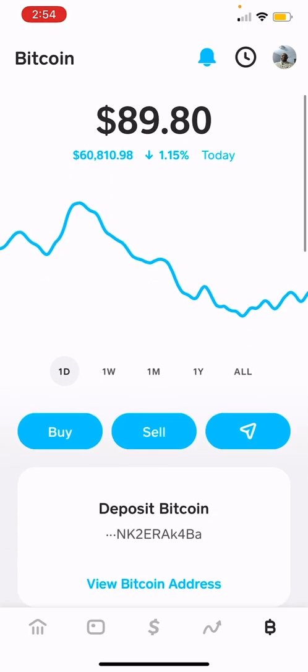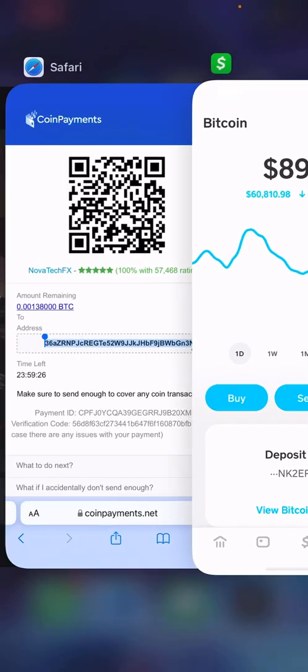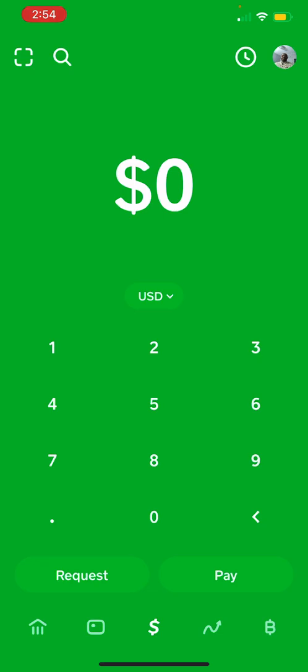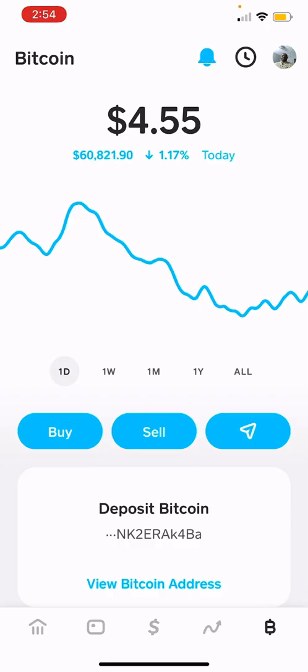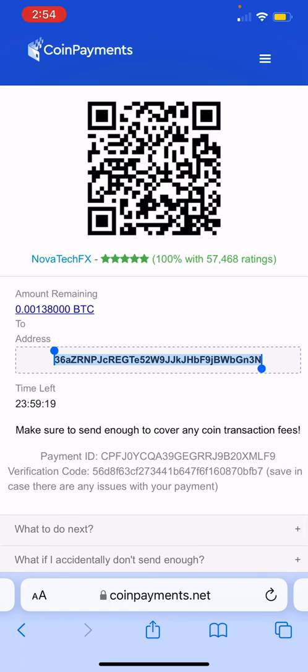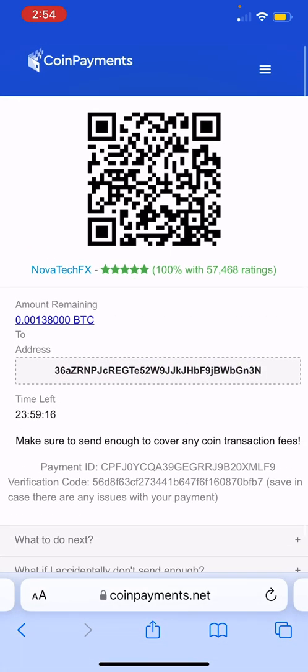It's still showing up here, but don't worry. By the time I swipe and come back out, it'll be gone. For example, watch. All right, Bitcoin. See, it's gone. So once that is sent, you're going to receive a text message from Cash App saying that you made a transaction and it will be sent. And once it's complete, you'll see it says blockchain purchase is complete,